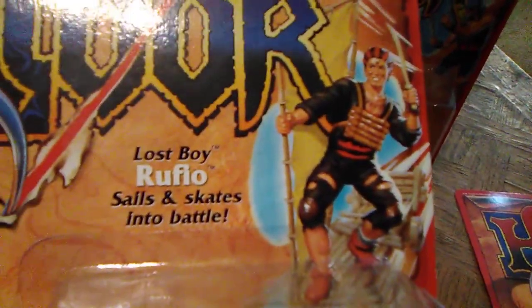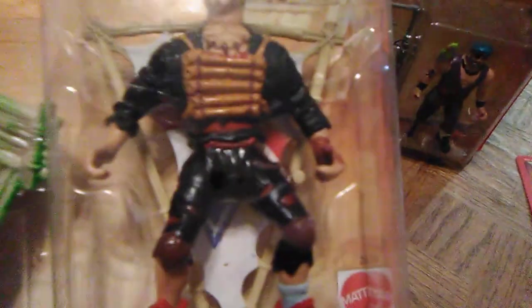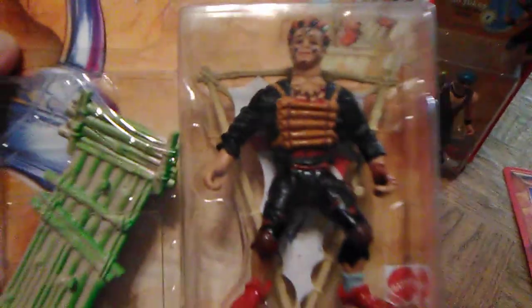And here you have Lost Boy Rufio. He sails and skates into battle. And man, you gotta love the artwork here, the illustration of Lost Boy Rufio, who is in keeping with the other Lost Boys in the set, but he actually has slightly more of an accurate representation of his on-screen counterpart, if you've ever seen the movie. He has great detailing, and he really stands out in the set, and he's one of the most memorable characters from the film itself. And he comes with this skateboard